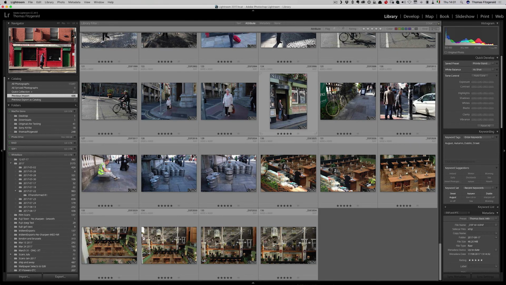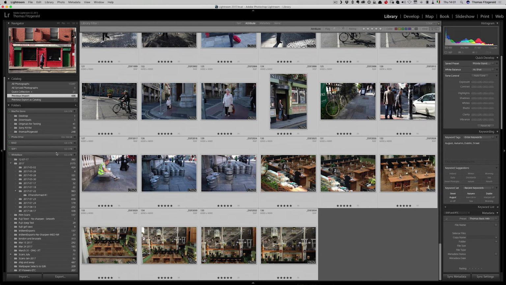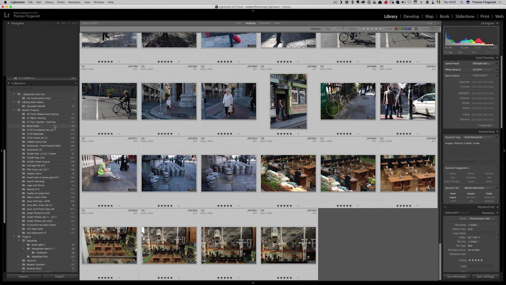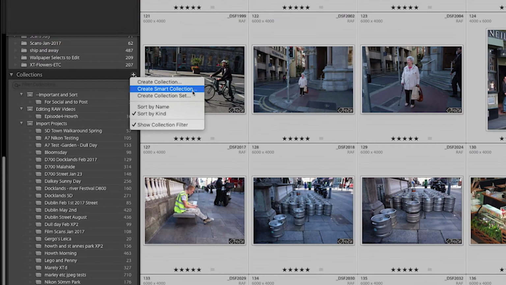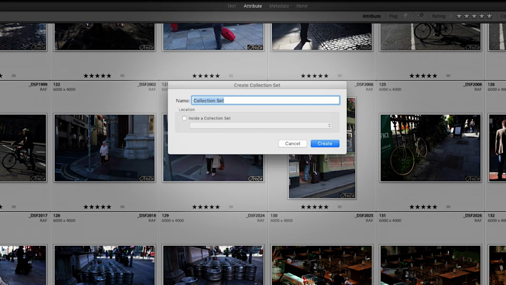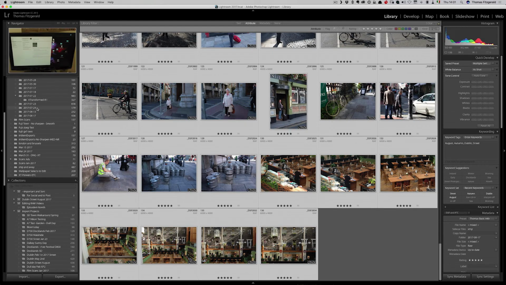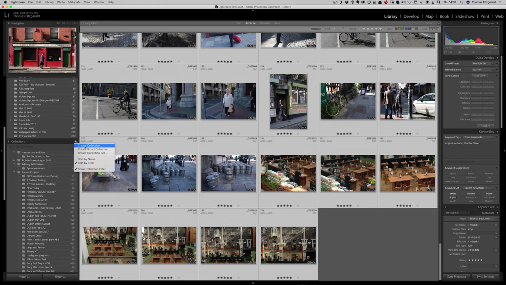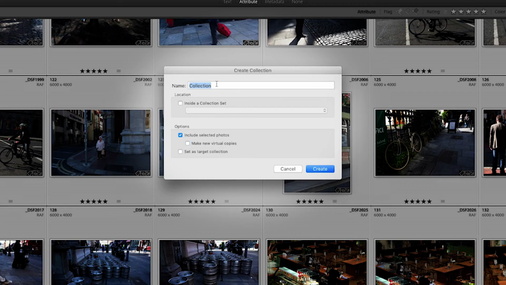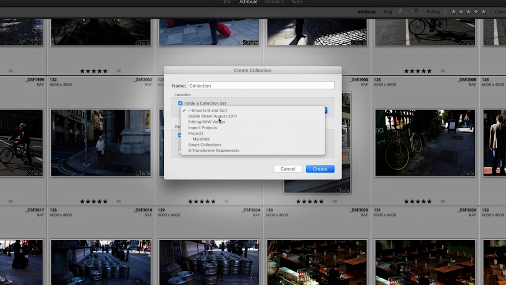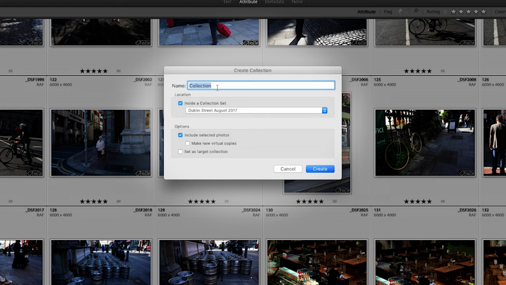So what I'm going to do is make a collection for these. Actually, I'm going to start by making a collection set. And we will call this Summer Street, August 2017. Okay, so that'll be our project of sorts. Now we'll make a collection. And we don't want virtual copies. And we want that inside the collection set, and we will call this